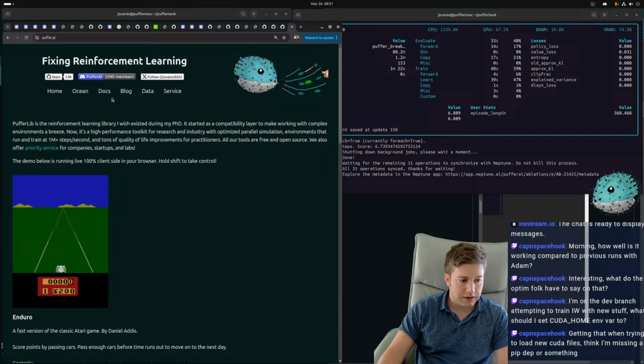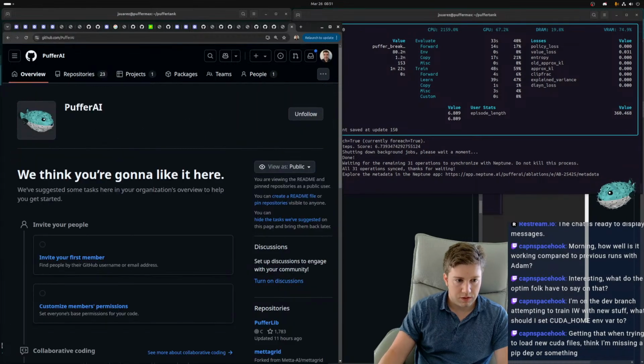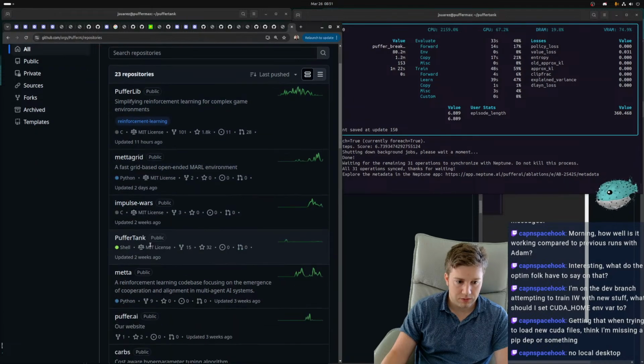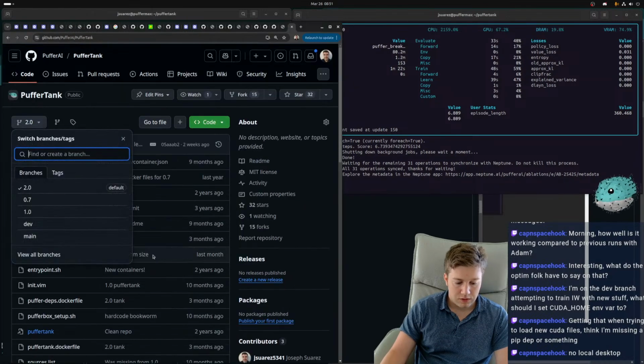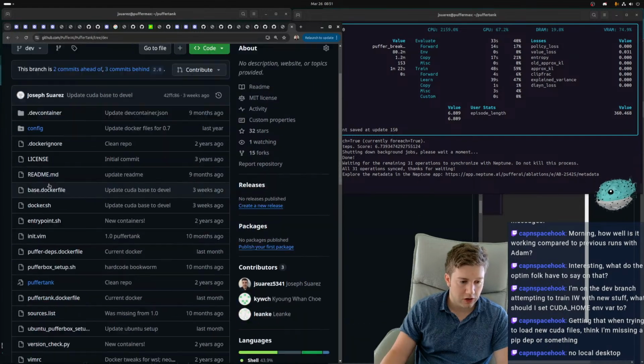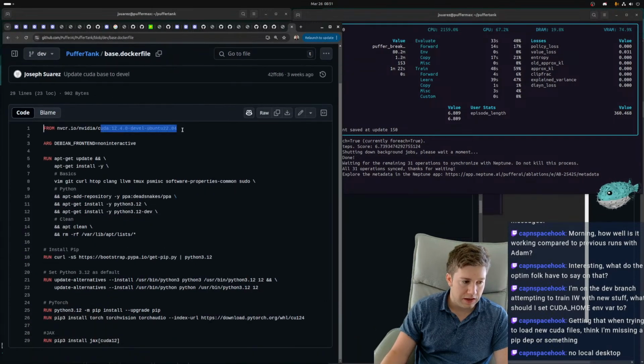So, are you on Puffer Tank? Is this on the box? Okay, so I can show you. You don't have the right version of CUDA. Let me show you. It's not a pip package. So even if you're not going to use this, if you just look at our files once in a while in here, you need the CUDA developer.